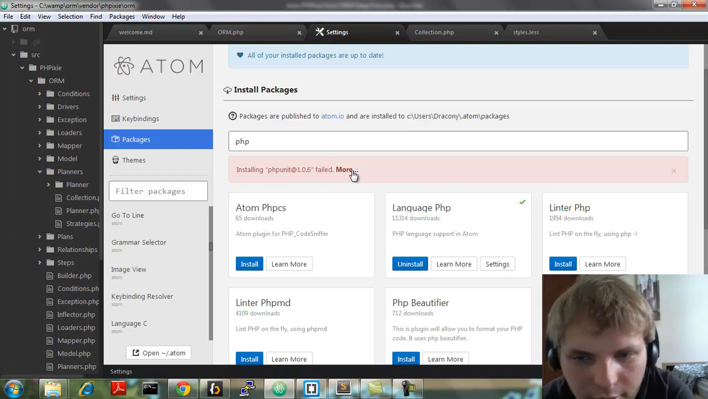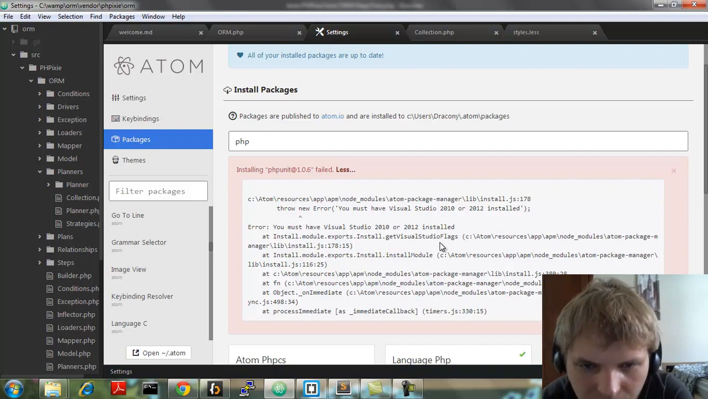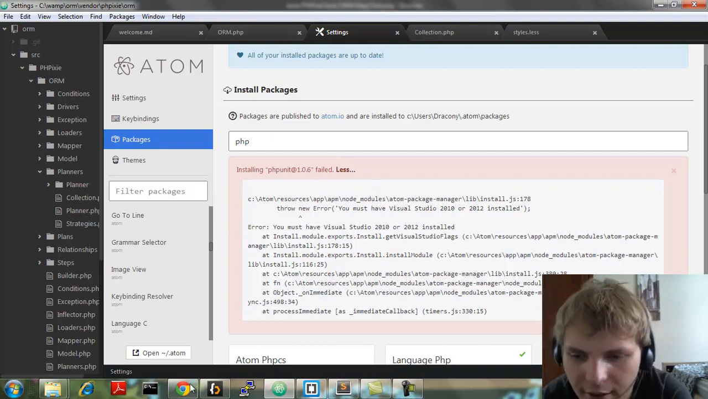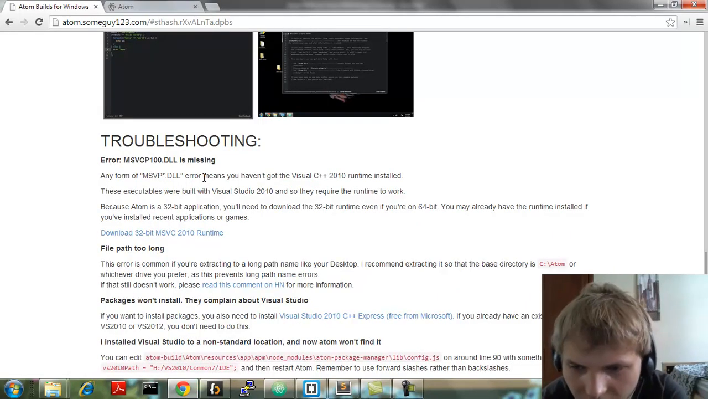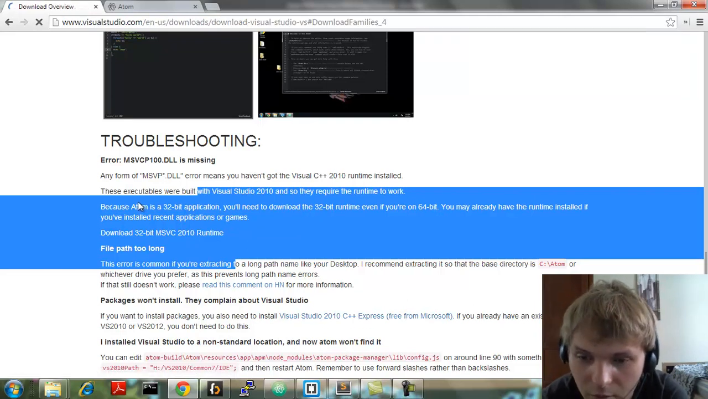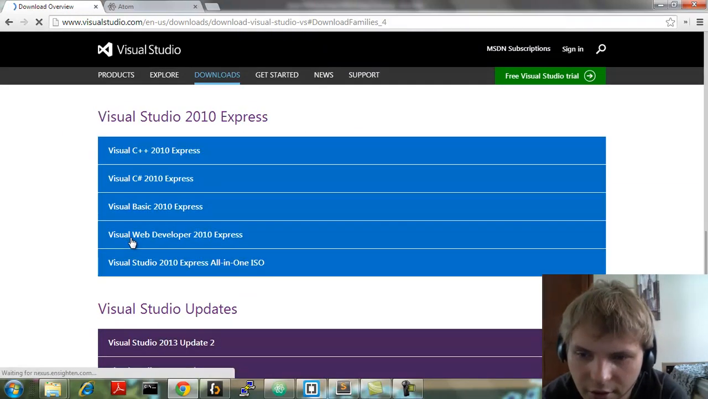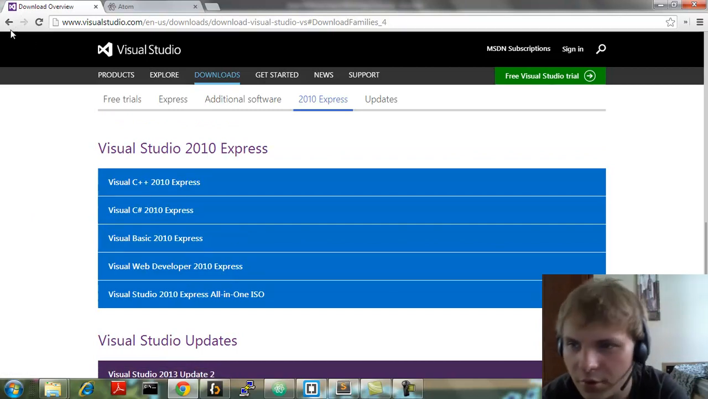I really wanted to install PHPUnit. You must have Visual Studio 2010 or 2012. Why? I think they have this in the troubleshooting guide. If you want to install packages, you also need to install Visual Studio C++ Express. Alright, wow. Yeah, that kinda sucks, because I really don't want to. I don't want Visual Studio on my computer, to tell the truth,